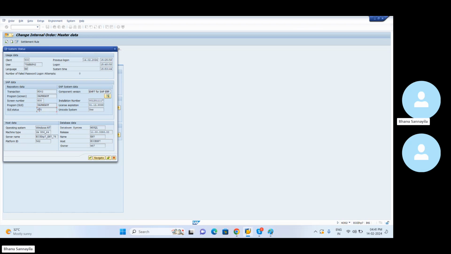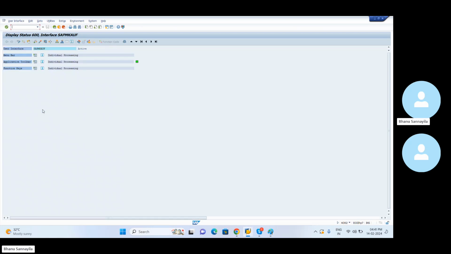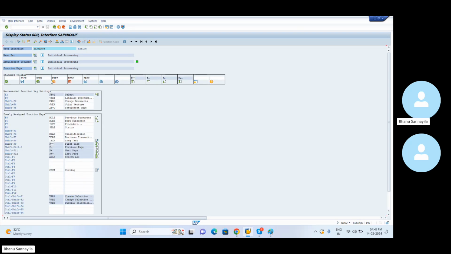So let me double click on this particular screen. Let me double click on this. So we have three options. This is what we call the menu bar, right? Menu options. All these are menu options. So we call them as